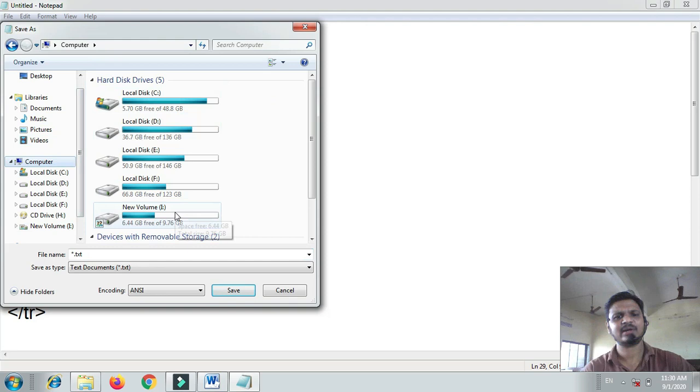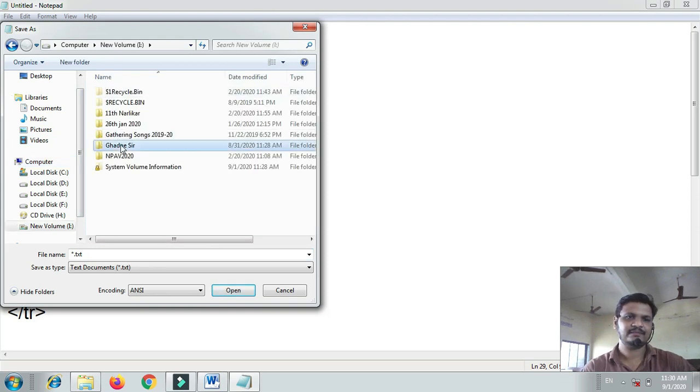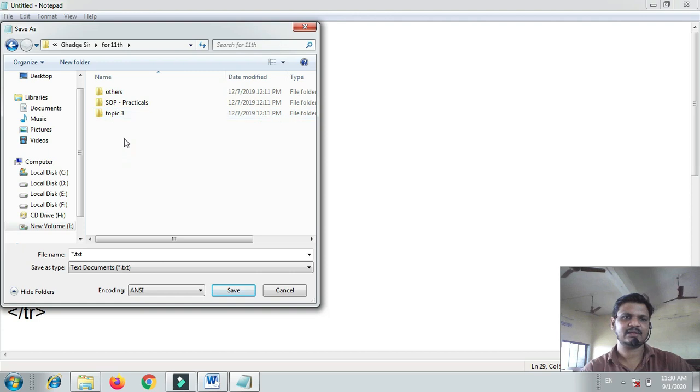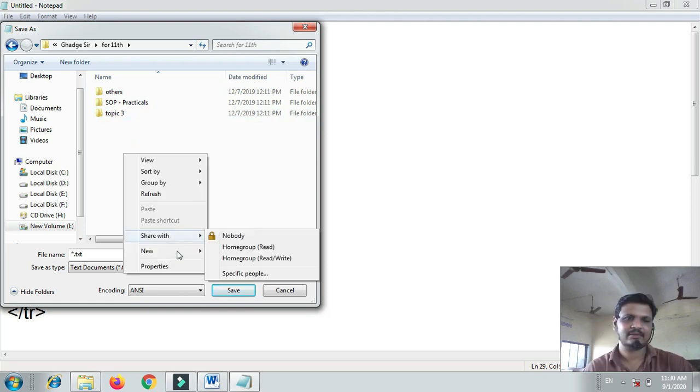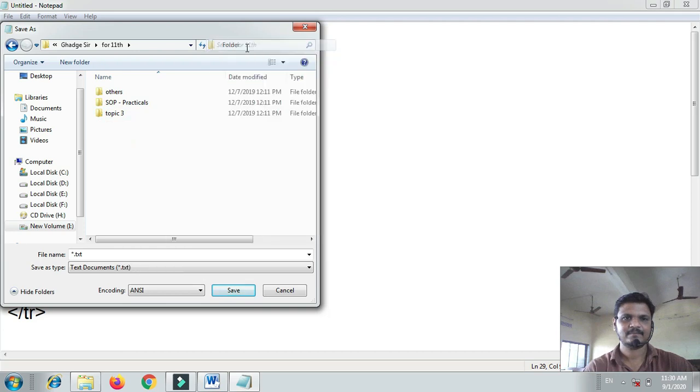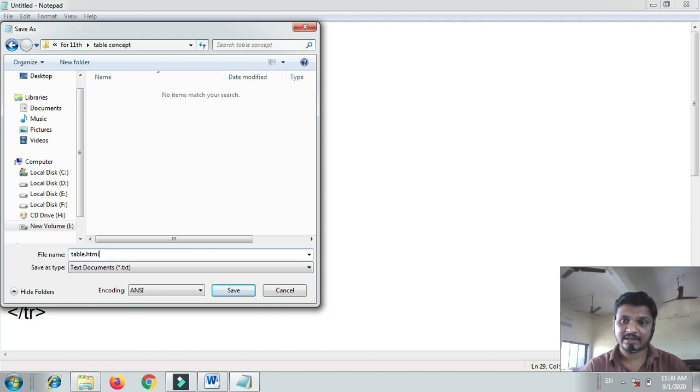I'm going to add it into my 11th class folder and just create a new folder for this document, table concept, and enter the file name table.html. Here .html is the extension of an HTML document, and table is the file name.